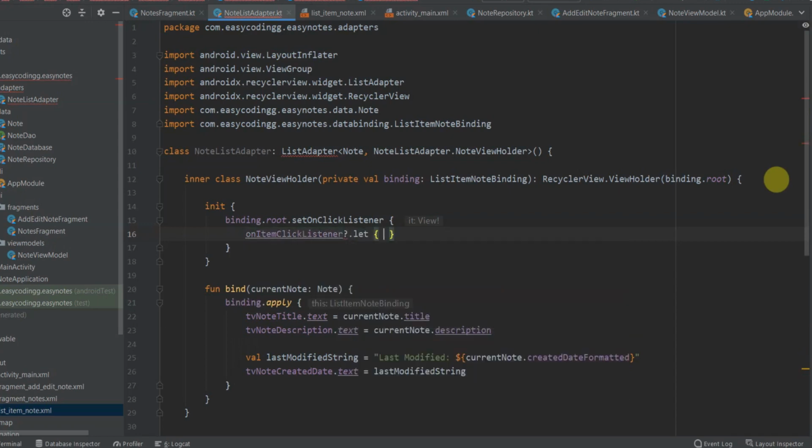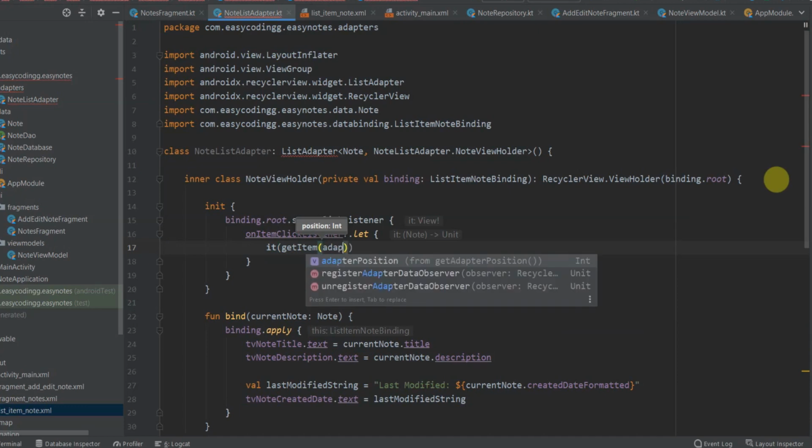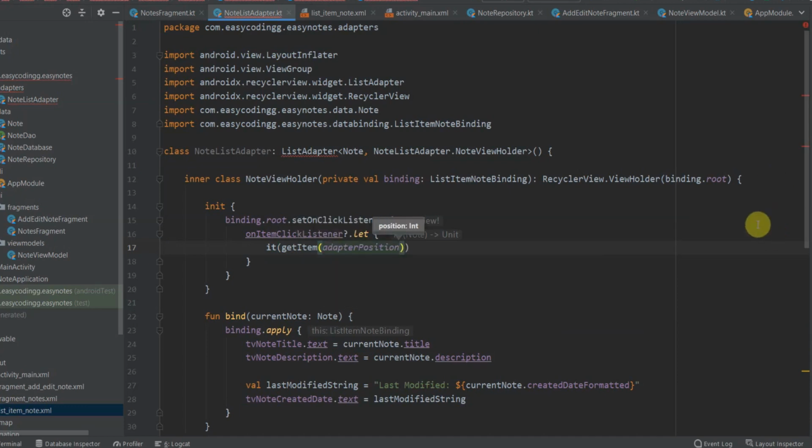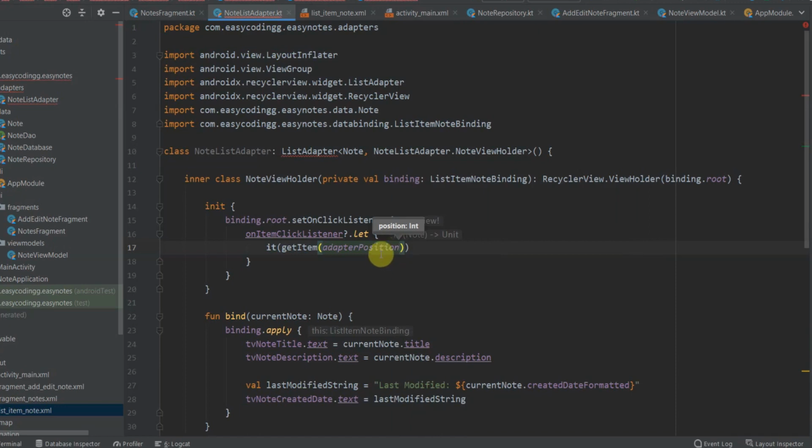If it is not null, then call this function and pass the current node here, which will be getItem, and the position will be adapter position. This will return the current position of our node item.